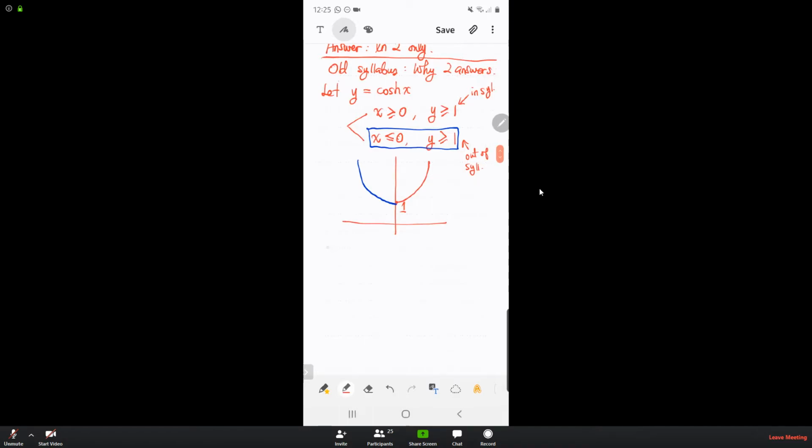So I'm doing the red color for the one in the syllabus. So you have y equals cos x, then you have x is greater than or equal to 0, then you have y is greater than or equal to 1. So now what happened is you interchange the x and y, and then you make y the subject. So you would have x is equal to cos y. Therefore, your x greater than or equal to 0 becomes y greater than or equal to 0, and the y greater than or equal to 1 changes to x greater than or equal to 1. You see or not? So therefore, we have x equals